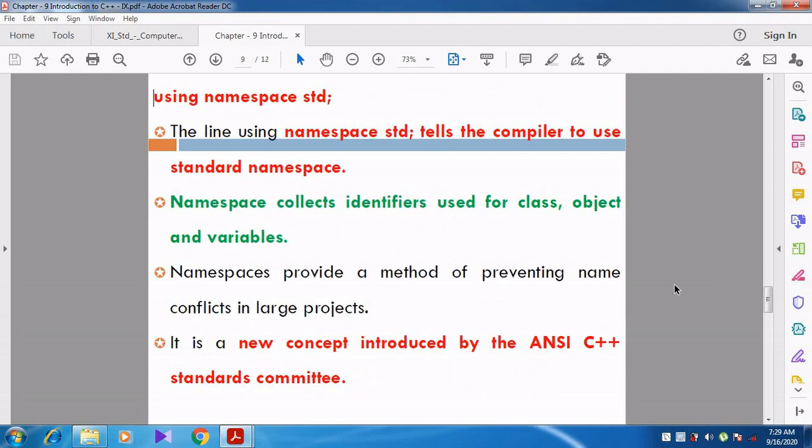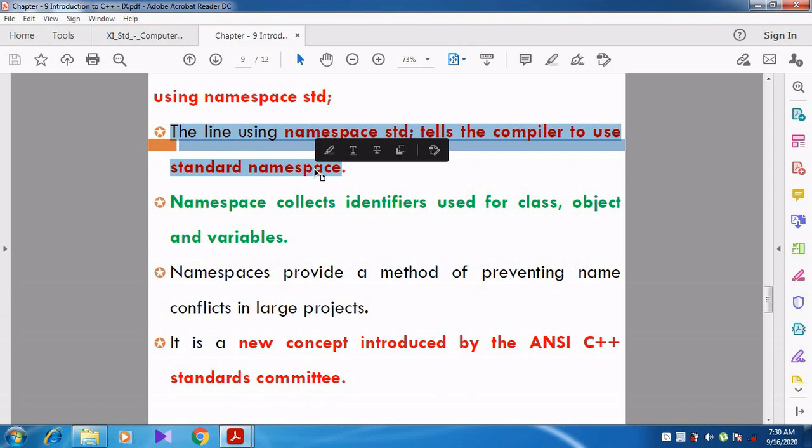Right. Now we can go to the next line, that is using namespace std. What is meant by using namespace std? The line using namespace std tells the compiler to use the standard namespace.